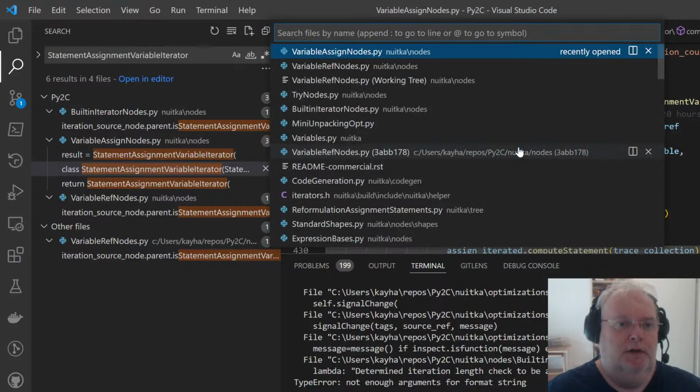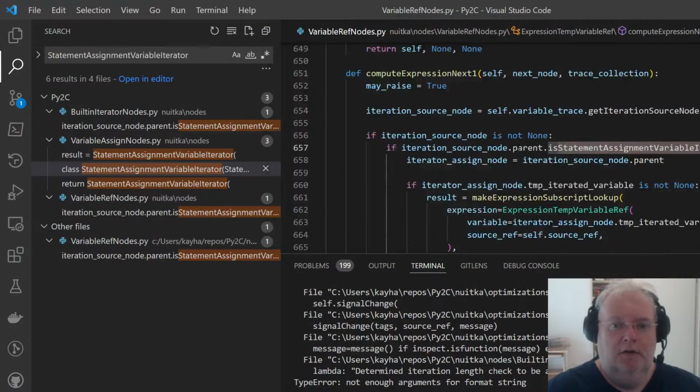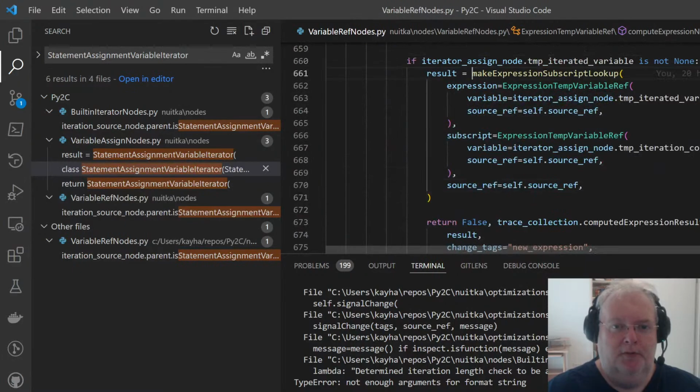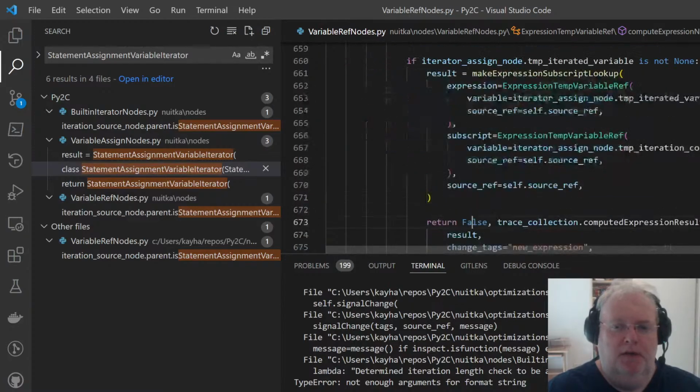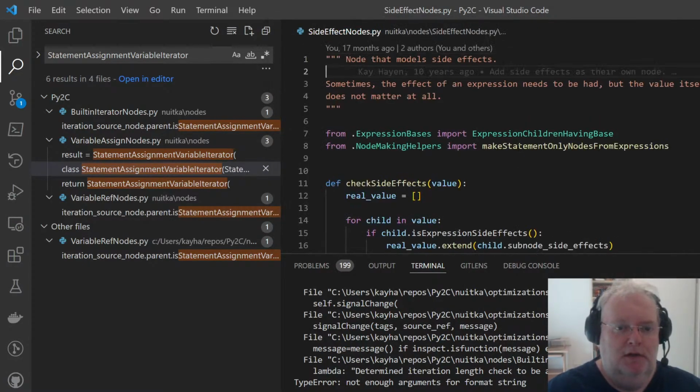So now what's happening here with the iterator nodes, was it this one? No, variable ref nodes. So the variable expression replaces itself with a subscript lookup when next is being done on it. Okay, very well, but we would have to also change this. And there are side effect nodes here.